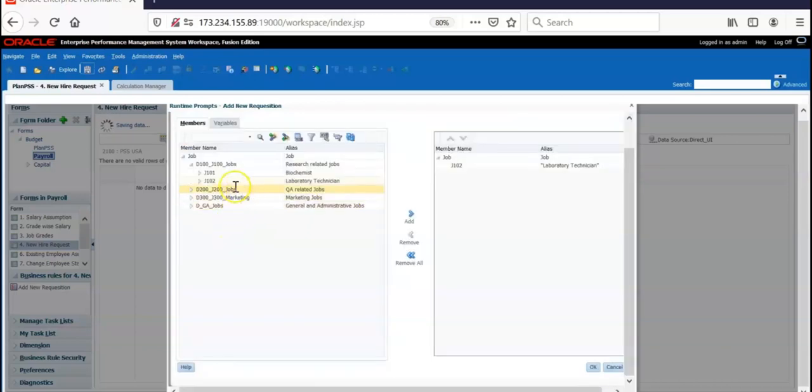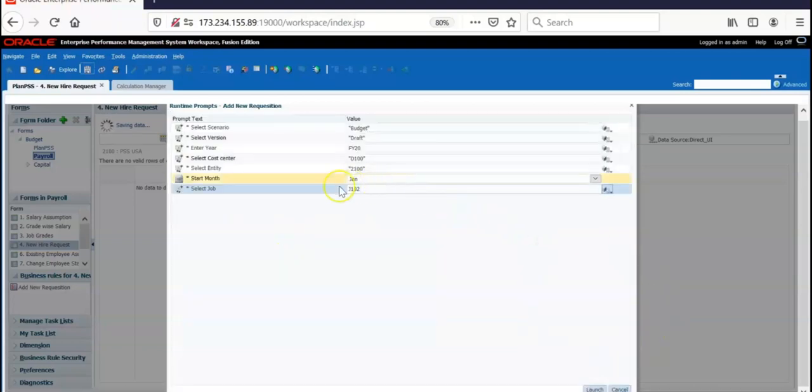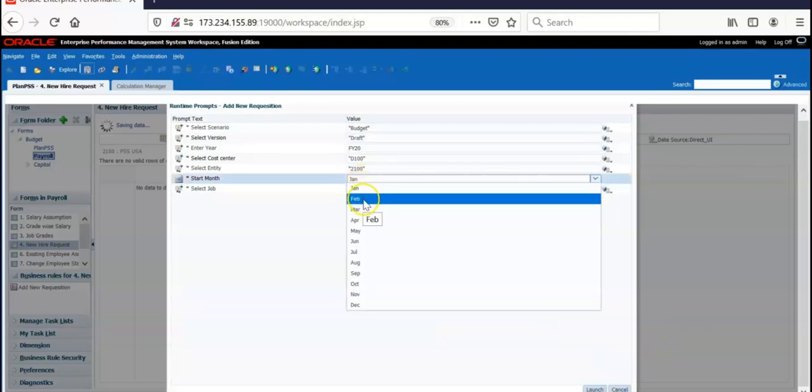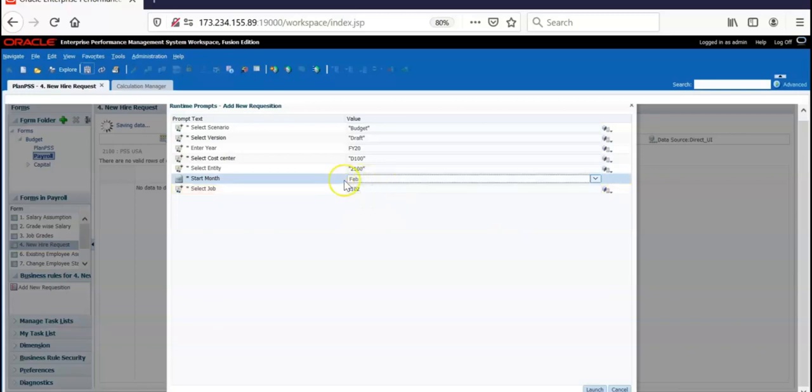I'm going to add a requisition for job 102, which is laboratory technician. Let's select this job, and I want to hire this employee starting from Feb. Select the start month. Start month is a runtime prompt which has a smart list attached to it.